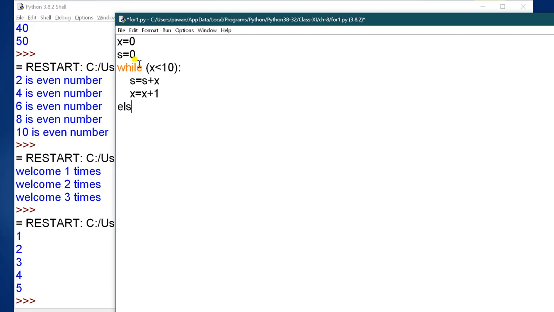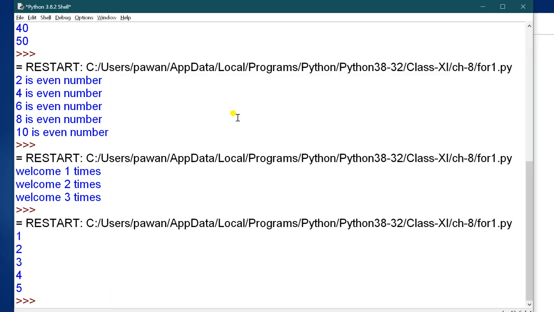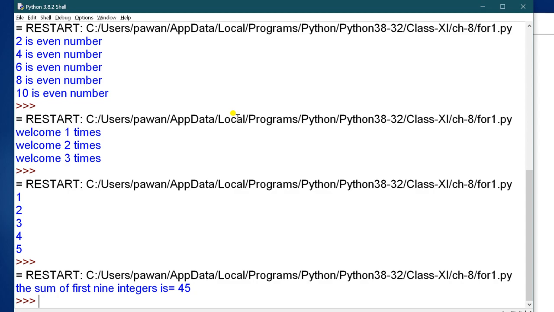Now the else part: print the sum of the first 9 integers is, comma, s. Here the loop will run for less than 10, it is not equal to 10, that's why it is the first 9 terms. Run it. The sum of the first 9 integers is 45.